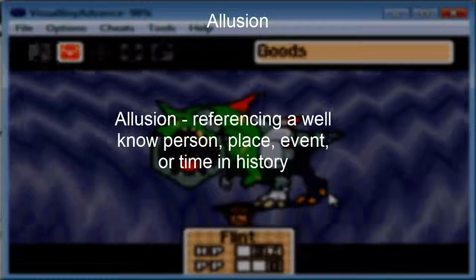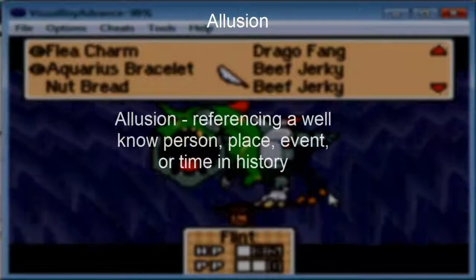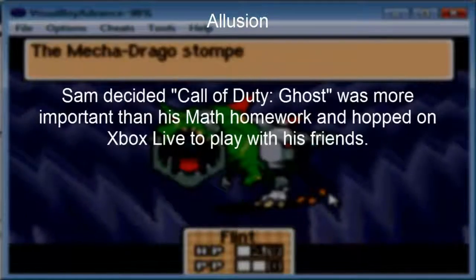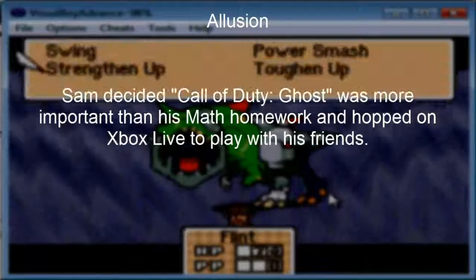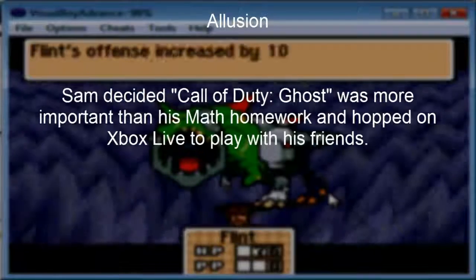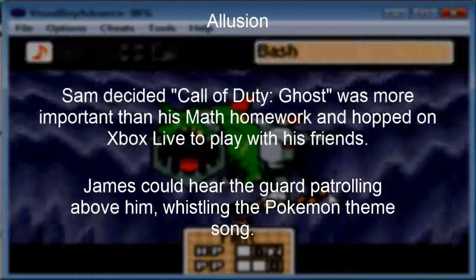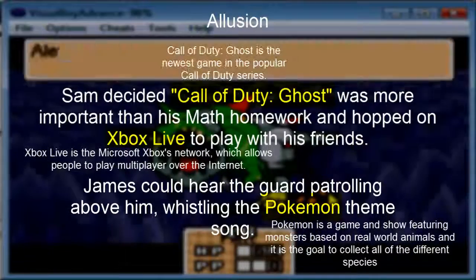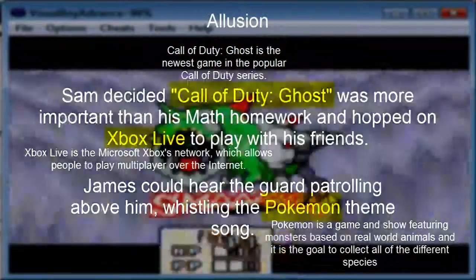Allusion is referencing a well-known person, place, event, and basically anything you classify as a noun. The examples I have are: Sam decided Call of Duty Ghost was more important than his math homework, so he hopped on Xbox Live to play with his friends. And James could hear the guard patrolling above him, whistling the Pokemon theme song. Once more, I'll highlight the exact location of the allusion and cite where they come from before moving on to